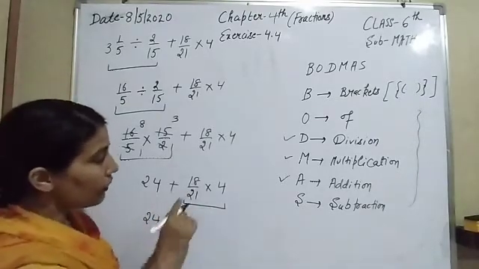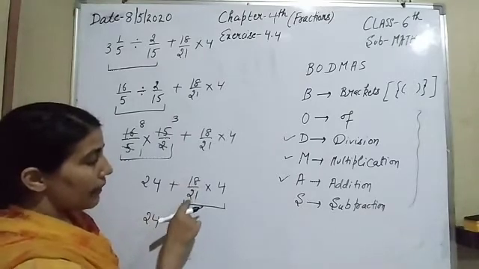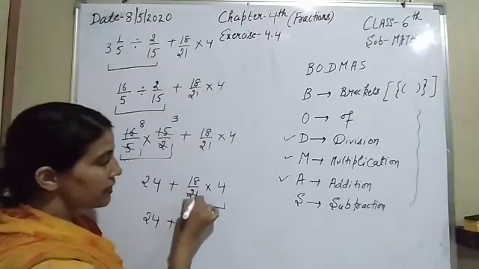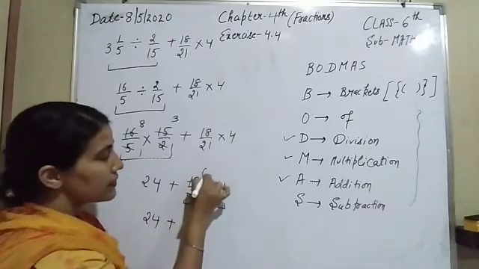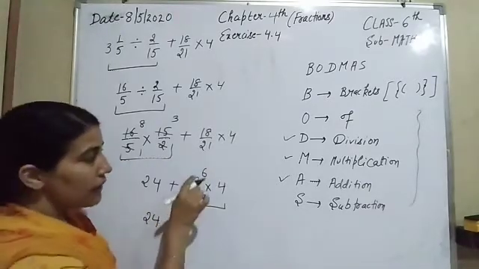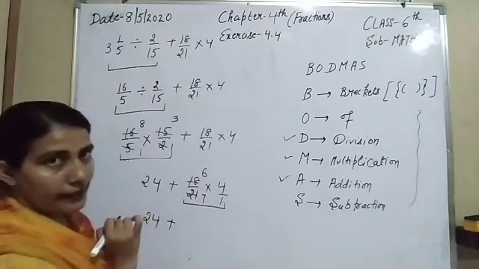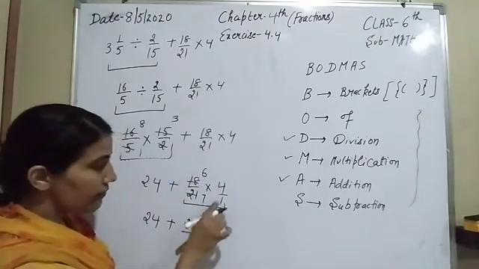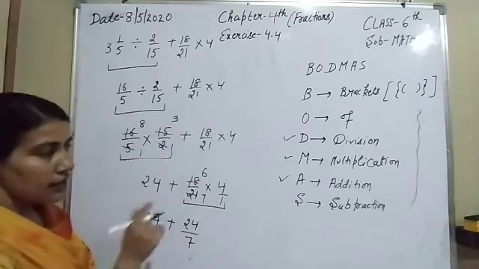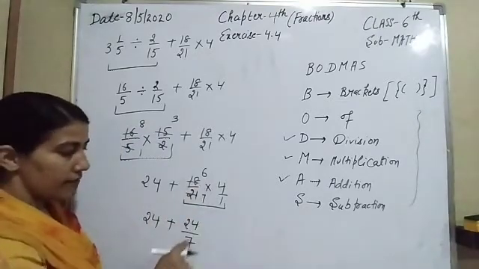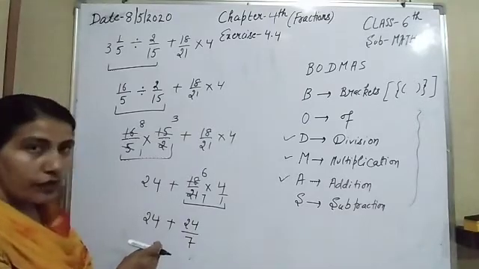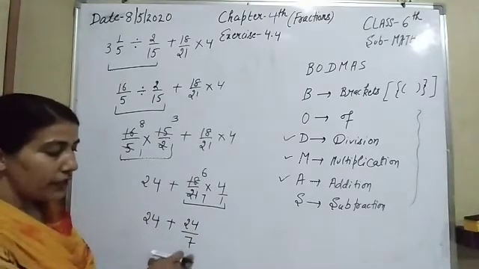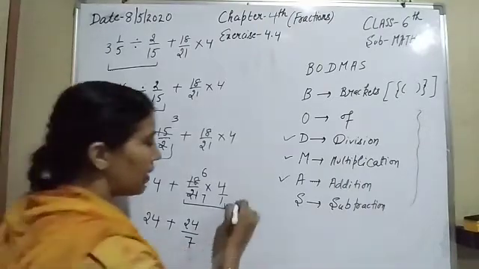Now look at here, here is 18 by 21 multiply 4. Both these are cancelled in the table of 3. Here 3 7s are 21 and 3 6s are 18. So it becomes 6 4s are, it can be written this way. So 6 4s are 24 and 7 1s are 7. Now again what we have to do? We have to take its LCM, and by taking the LCM we have to calculate the required answer.